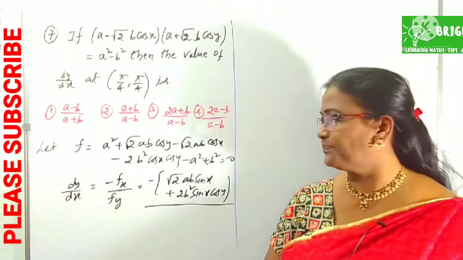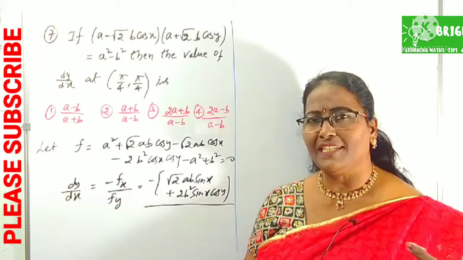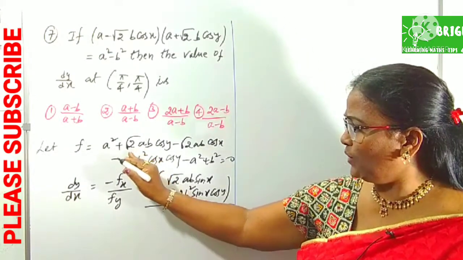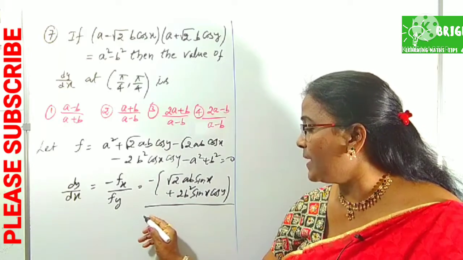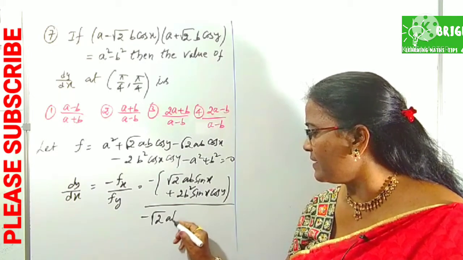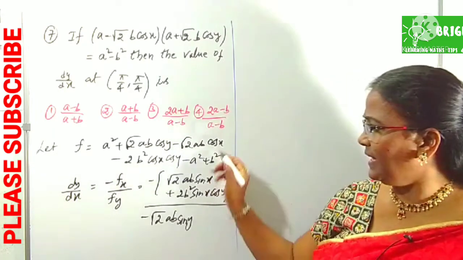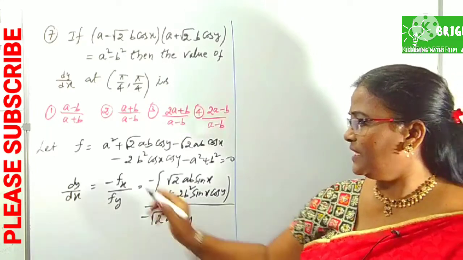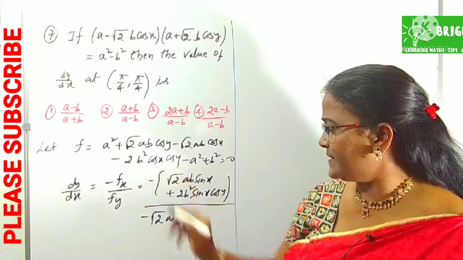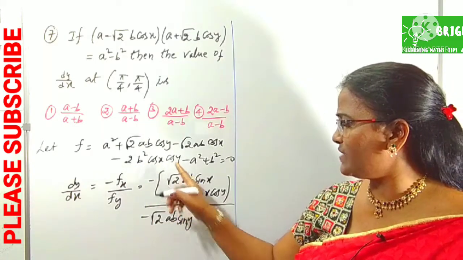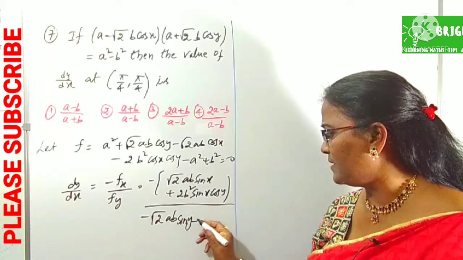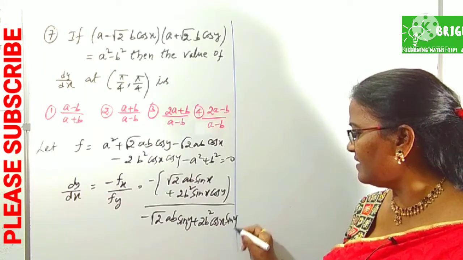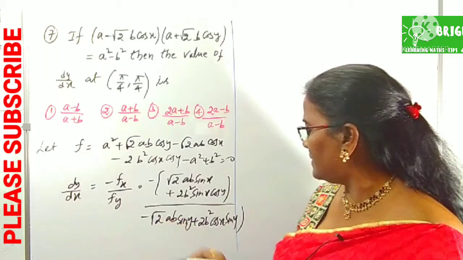Then the denominator, with respect to y, means we treat x as constant. Same function: a square is constant, 0. Root 2ab cos y has derivative minus sin y, that is minus root 2ab sin y. Right? This term is 100% constant, 0, because cos x is constant, treating x as a constant. Now here, cos x is constant and minus 2b square is also constant. Now cos y has derivative minus sin y, so minus or minus plus 2b square cos x into sin y. Right, we got this is the derivative.